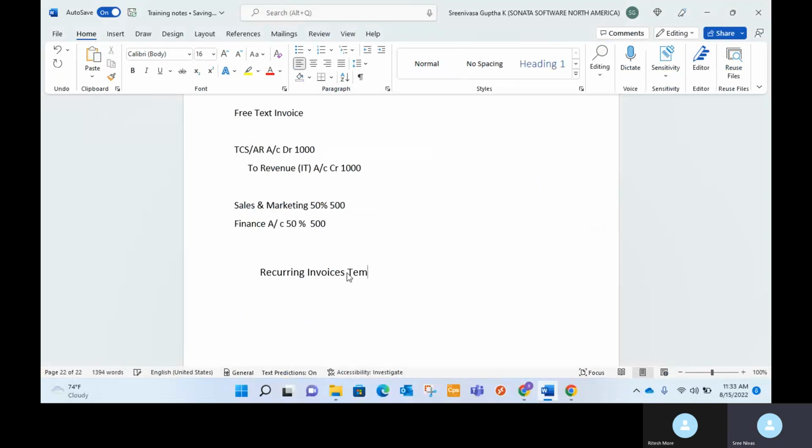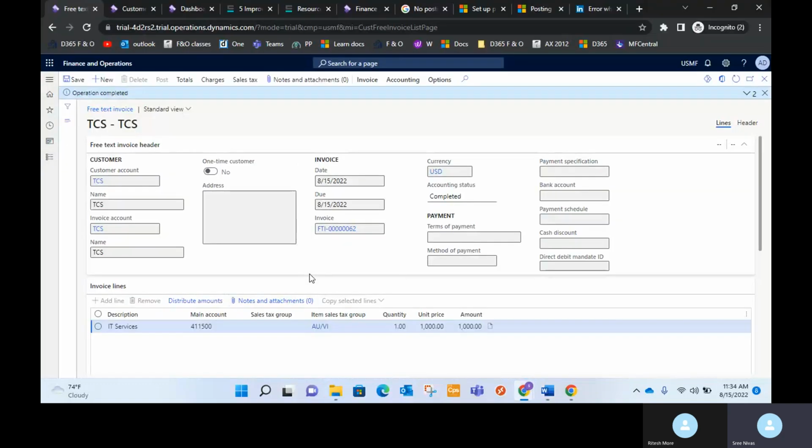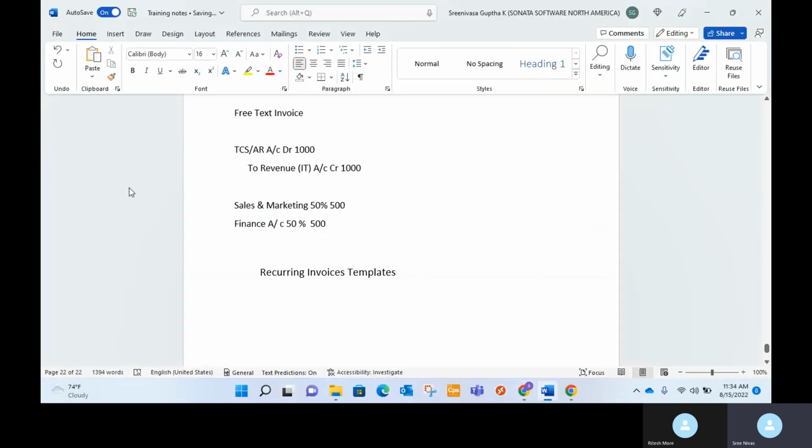So if you are clear with these free text invoices, we'll go for the recurring invoices. For these recurring invoices, first we'll have to create templates. Let's say every month you're receiving rent income from one of your customers regularly, on the same date, same timings, same amount also. Let's say for the next 1 year you have entered an agreement. Not only rent, if you're providing any other services, or want to receive any amount from one such customer, you can create multiple such recurring services invoice templates. So the navigation would be